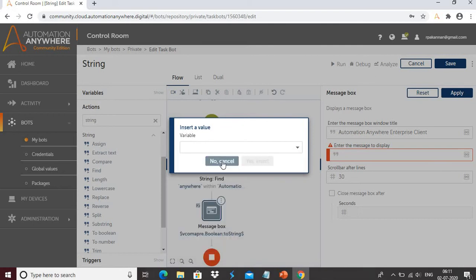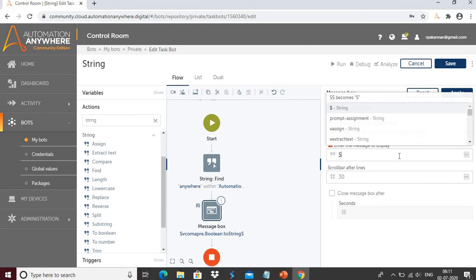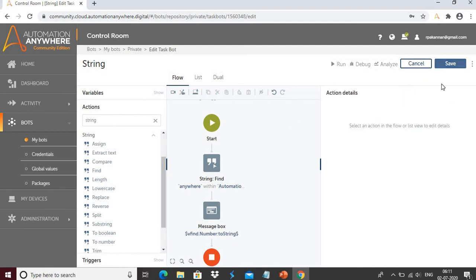At this time I will click on the dollar symbol and type vFind dot. The same concept in the message box: if you want to display it, just type your variable name, then dot toString. Like this you need to use it to display the values in the message box.